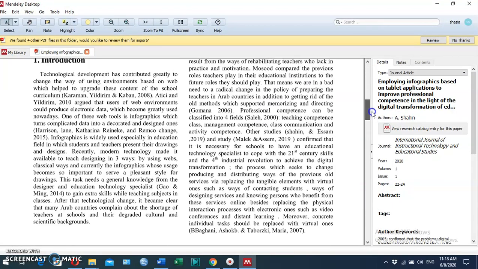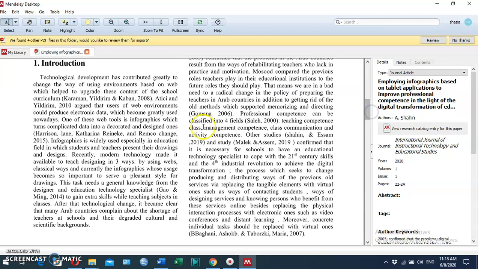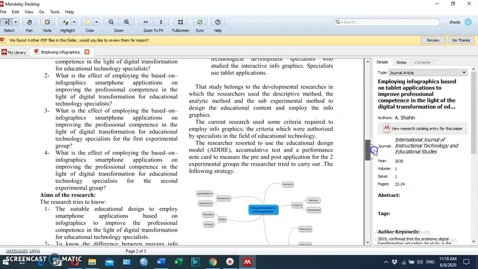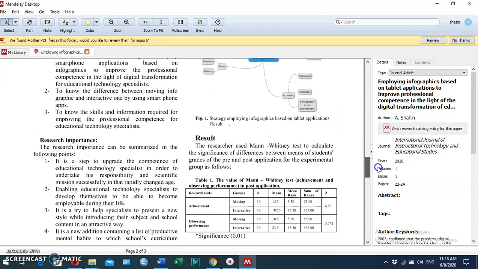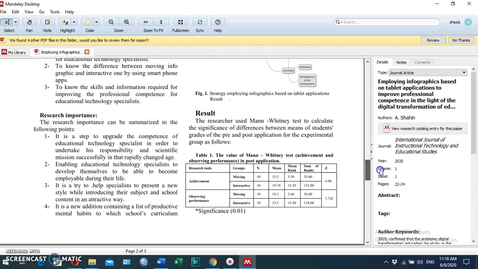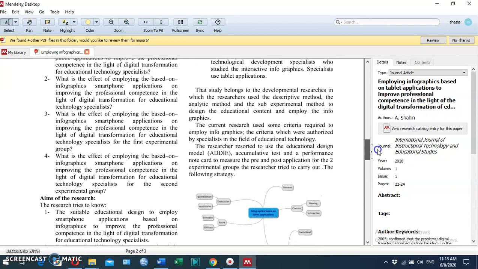Suppose for reading I like this line: the current research study shows the criteria the researcher restored the educational design of this model, accumulated the taste and performance note card. Then I copy this and rephrase it into my own words.